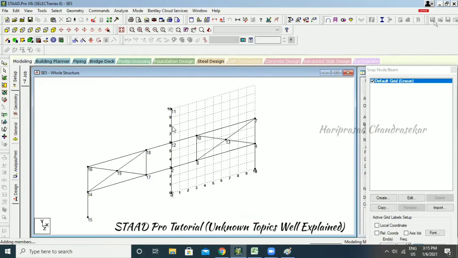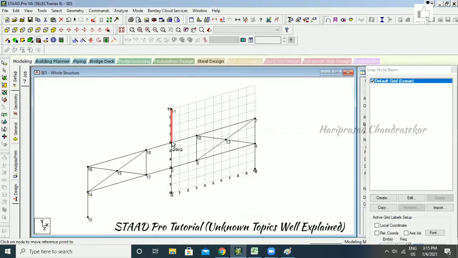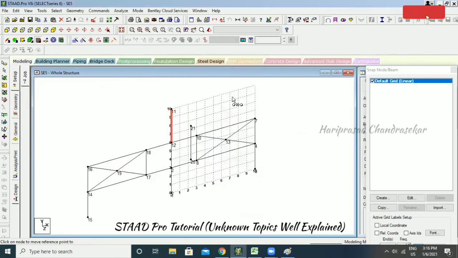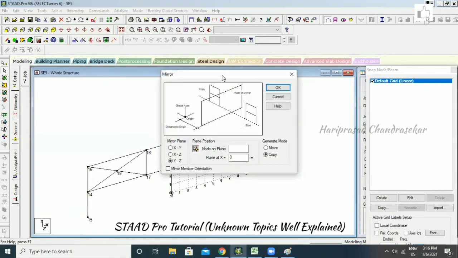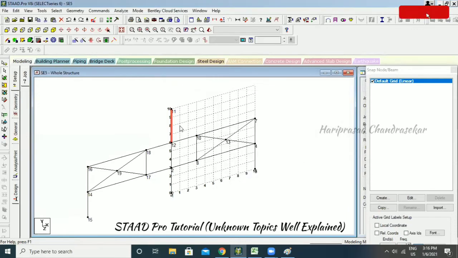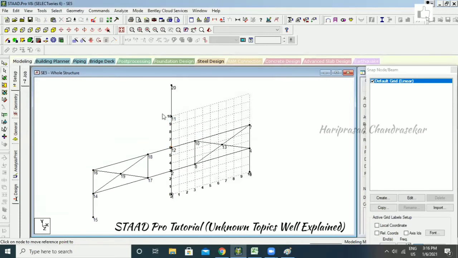For example, I'm just going for Control C and then Control V. I'm putting a Z value of 10, and I'm clicking OK. You can go for reference point, and I'm going to take this reference point and put 4 over Z. And I'm clicking OK. It is in Z, so that's why it became Z. Otherwise, you can go for mirror, Control C, Control V, reference point. Select this, and then in Y we're supposed to put 4, and I'm clicking OK. So okay, but fine. But sometimes it will ask you. So you are pasting a node over another node, so you are able to merge the nodes.